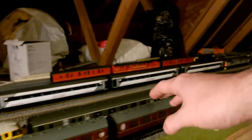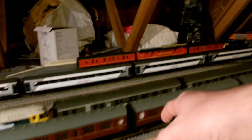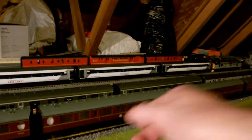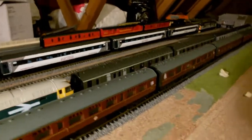So basically what we have here is two Thompson opens in BR livery. What I mean by BR livery, of course, is British Railways maroon livery. One Thompson brake, and down here we have a Gresley full brake, and that goes with the 4MT very nicely, as you saw in the introductory shot. So if we move them away,